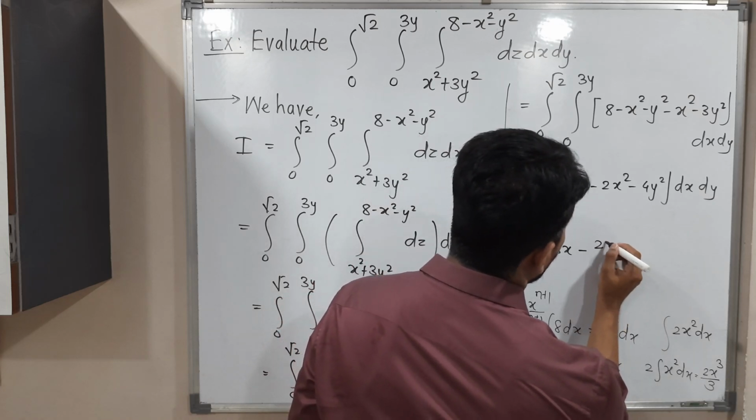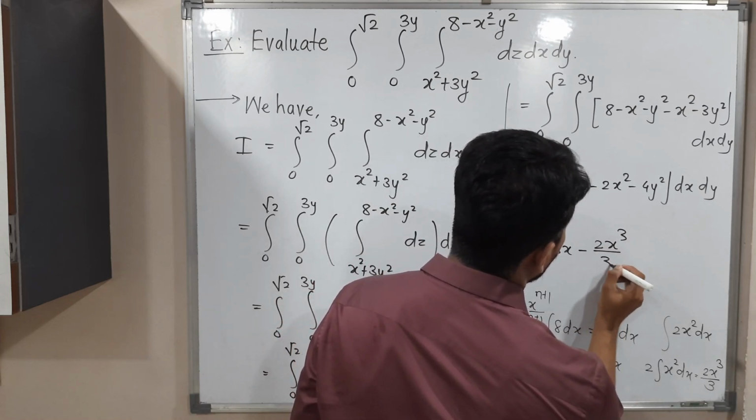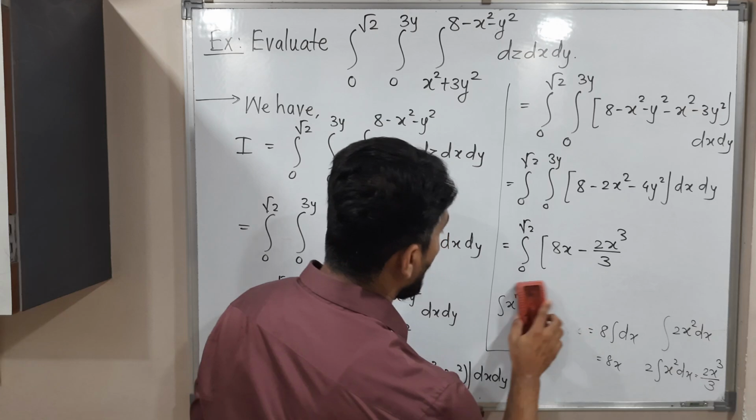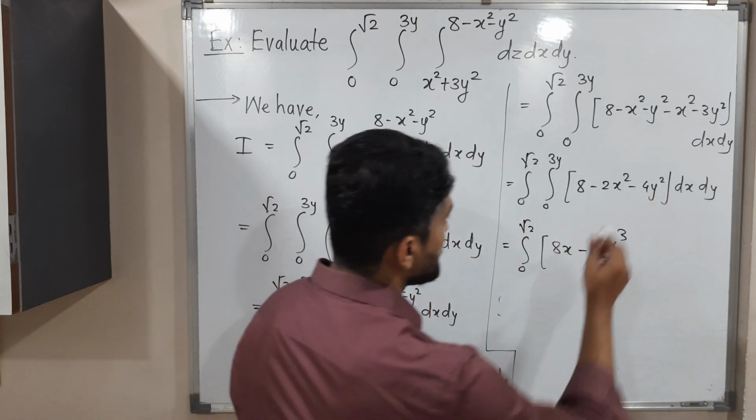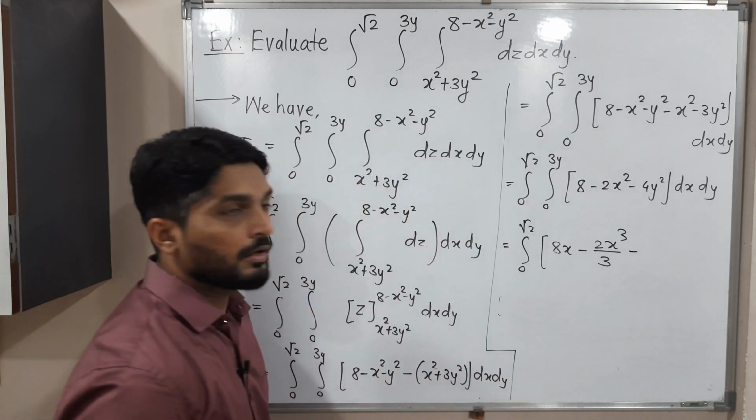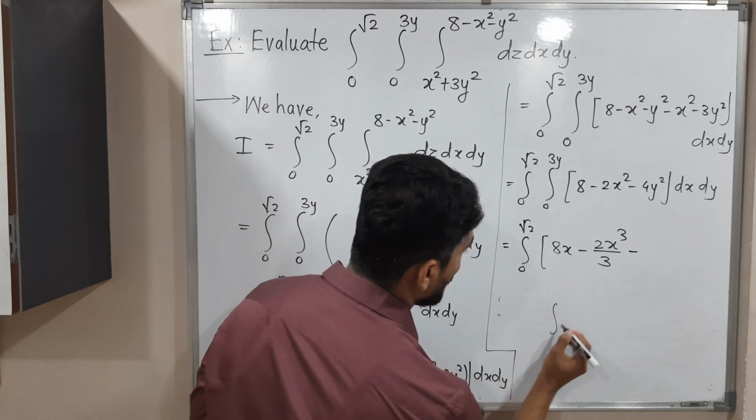So 2x cube by 3. Let us talk about the last term. Okay, so what is the last term? 4y square. So minus sign is there, that's why I'm writing minus sign. 4y square